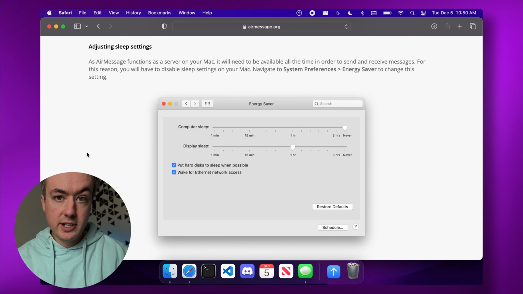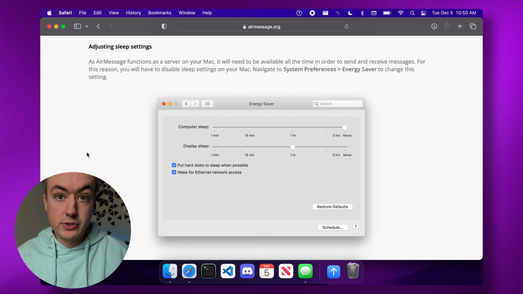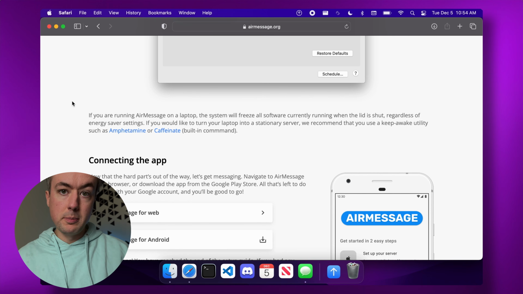In addition to the internet connection though, you need to make sure that your device never goes to sleep. Now, if you're doing an iMac or a Mac Mini or something like that, follow these instructions on this page here from the AirMessage page to go into your energy saver settings to make sure that your device never goes to sleep. Now, if you're installing AirMessage on a MacBook like I am, it's a little bit different than if you were using an